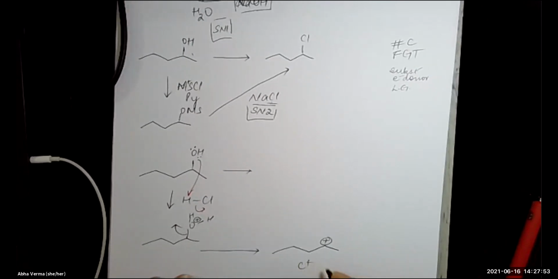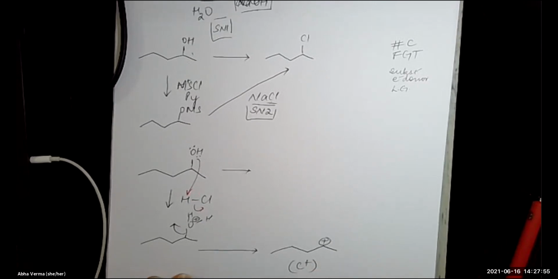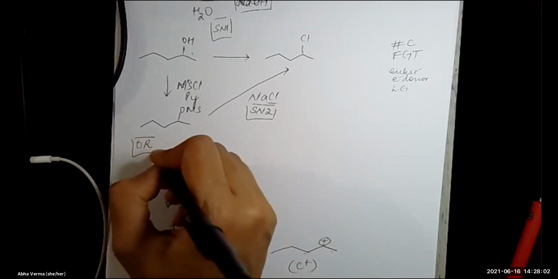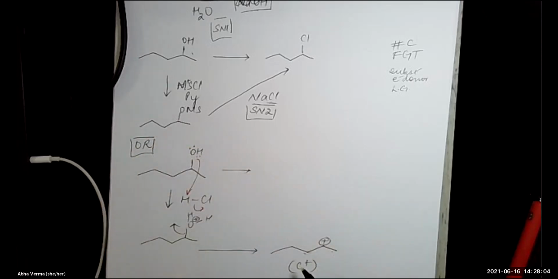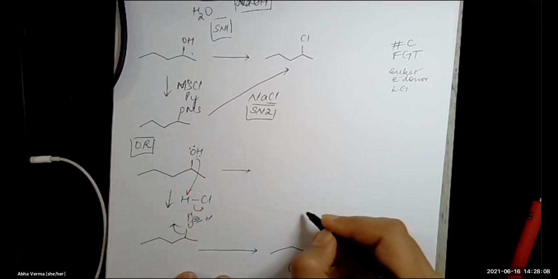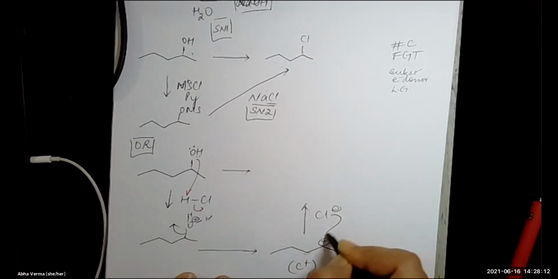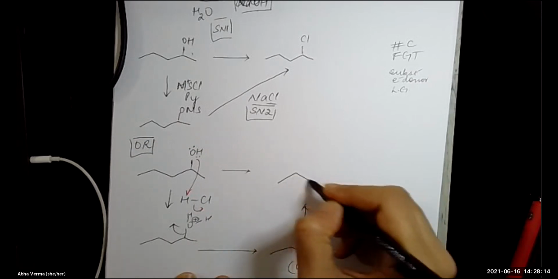The carbocation will rearrange. Of course, in this case, it cannot rearrange. But if it can, you should avoid using the protic part. So the Cl will attack and I will get my